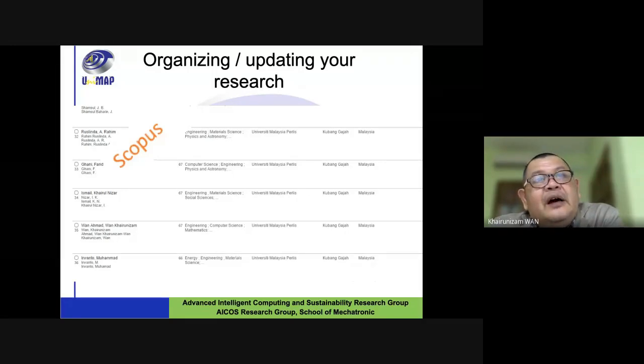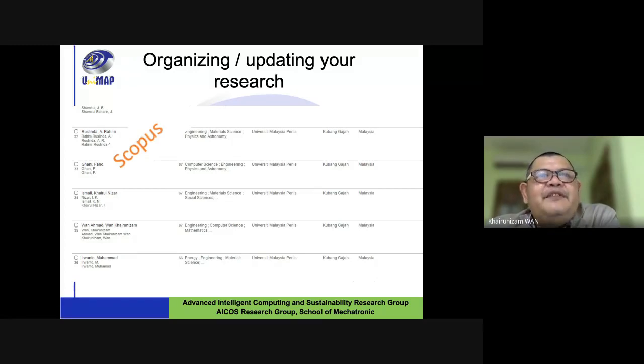You can use a research database website like Scopus. I think all of you know about Scopus. If you do not know, you can Google what Scopus is, because in Scopus they will create a list, a rank. For example, in your university or in your faculty, you are number what? You are number what in terms of publications.